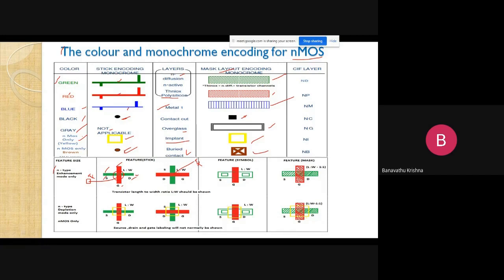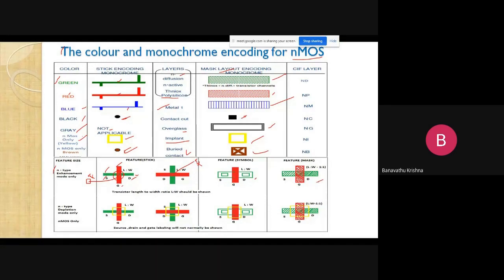So here, length of the channel and width of the channel, right? Generally we know that in a rectangle we take length and width like that. Here also we take length and width. So length is in the horizontal way, and width, that is the height, is in the vertical manner, right? This is in feature size, in symbolic way, and then in layout diagram representation.